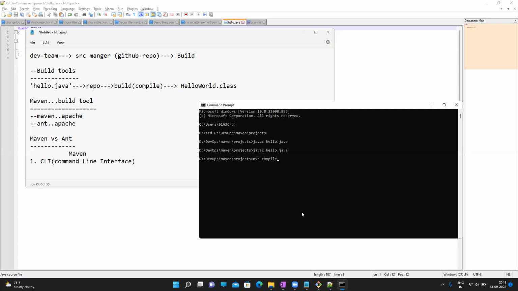So if I use mvn compile, what it does, it will compile like what we have just seen, javac, right? javac is the compiler for a single file. Similarly, mvn compile is another command to compile the source code. So if I use this compile option,